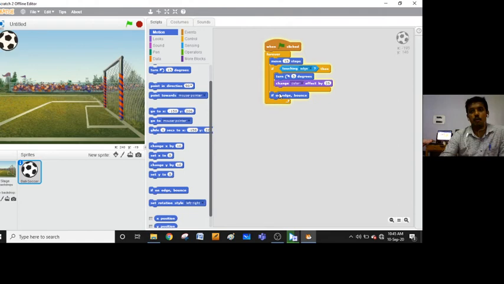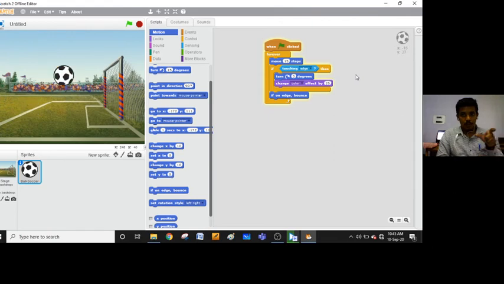See how it will come. Move 15 steps is done. After this, it will bounce at the edge, meaning when it touches the edge it is bouncing. Let's see how it is moving. Clear? Move 15 steps is done. If it touches the edge, it is rotating 5 degrees. Then it is changing the color effect a little, you will be able to see. So it will repeat until it bounces off the edge, it will repeat like this.